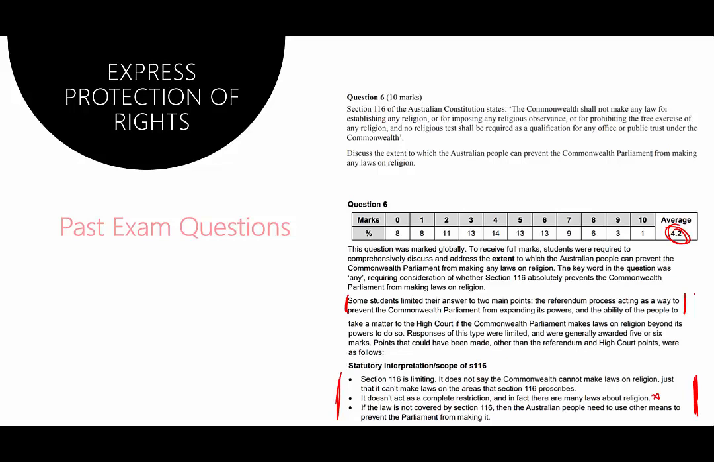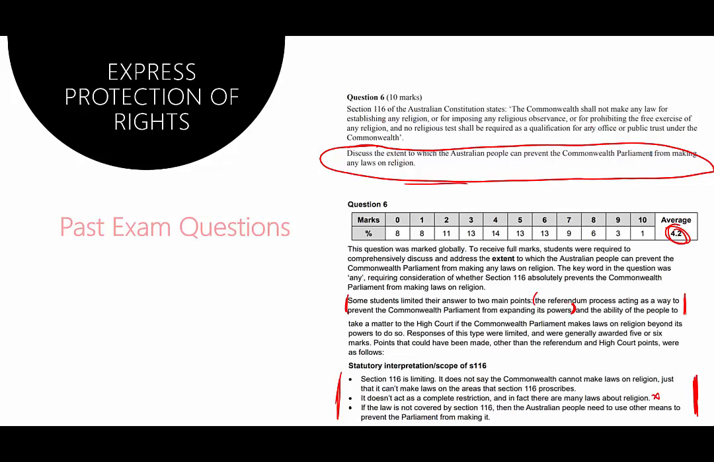Discuss the extent to which the Australian people can prevent the Commonwealth Parliament from making any laws on religion. And as it says, one of the things you could answer in this question is the referendum process acting as a way to prevent the Commonwealth Parliament from expanding its powers. So you could then talk about double majority here and say, well, if the Commonwealth Parliament wants to make